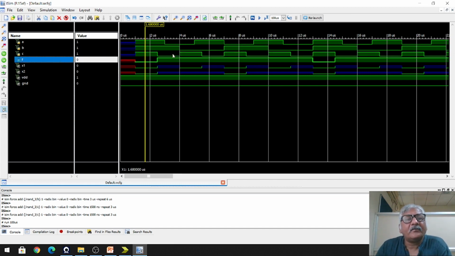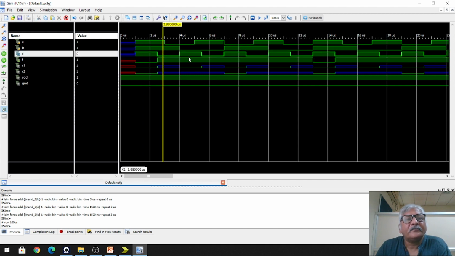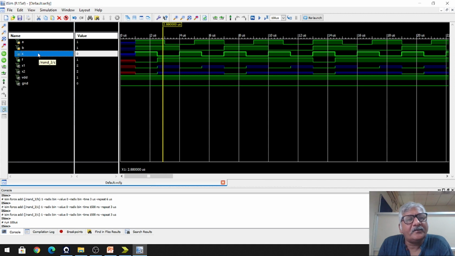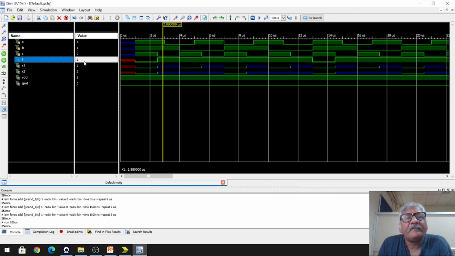We see some other condition. Here you check. Input A is 1, B is 1, C is 0. If any one input of NAND gate is 0, then output will be 1. So you see here output is 1.